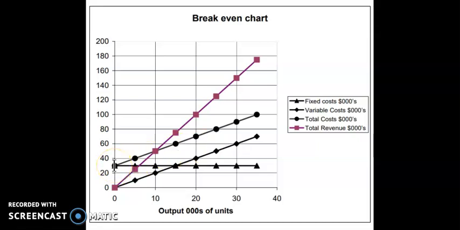Total cost starts at fixed cost here because our total cost is made of fixed cost plus variable cost. Even if we are producing 0 output, we have some fixed cost. So our total cost starts there. It will always be more than variable cost. Fixed cost plus variable cost will make up the total cost. And at output 10, businesses are making a break even. These red dots are the revenue. Revenue also starts at 0 because when we are doing 0 production, our revenue